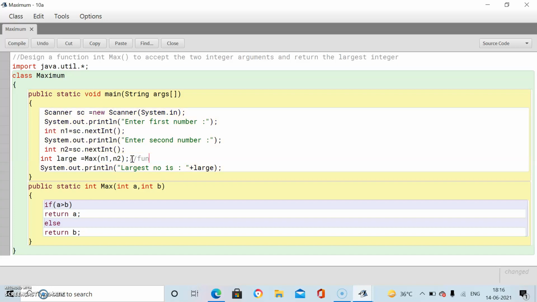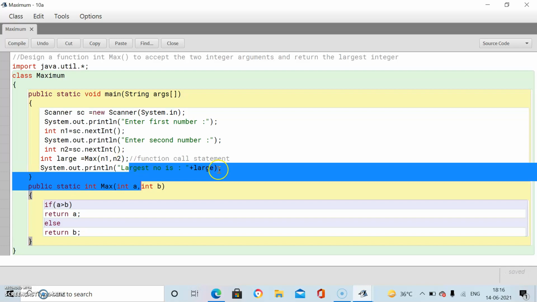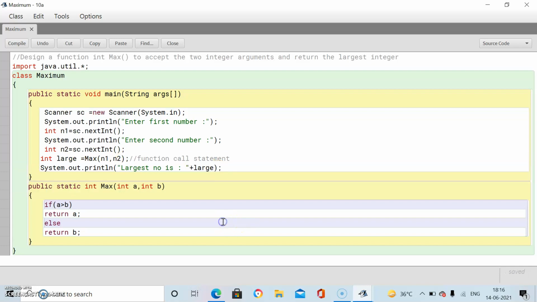I am writing it as a comment: function call statement. Why is this a function call statement? How do we write a function call statement?